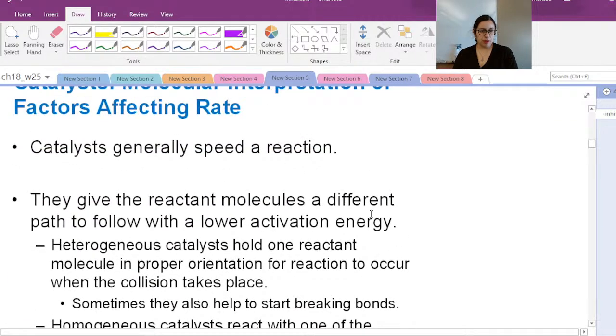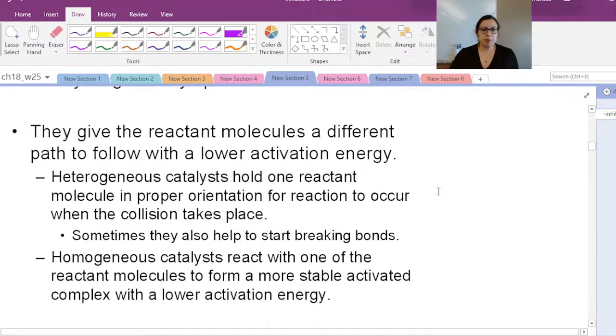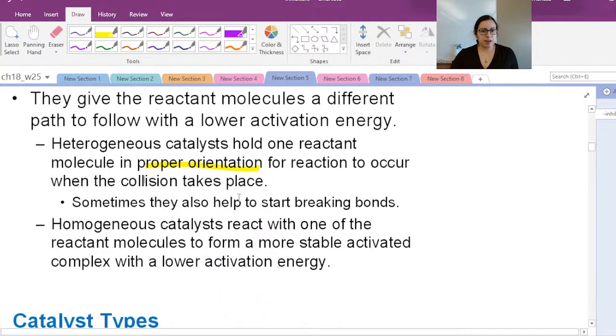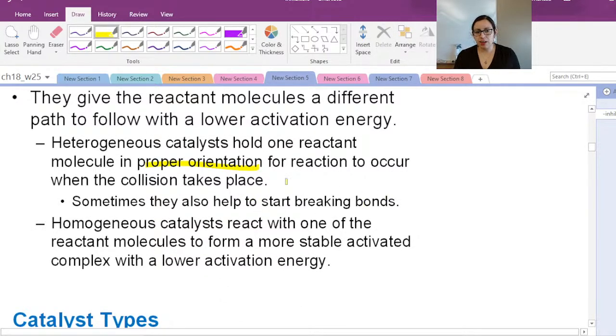So again, we said catalysts speed up the reaction. Our catalysts, like we mentioned, hold our reactants in some sort of orientation or do some sort of mechanism, again, kind of an oversimplification. Usually, yes, they're going to break some bonds. So again, that's what that Grubbs catalyst does, it makes it easy to break those bonds.